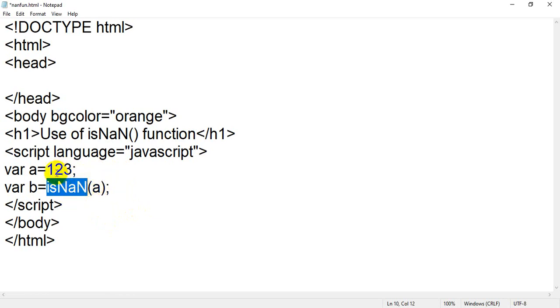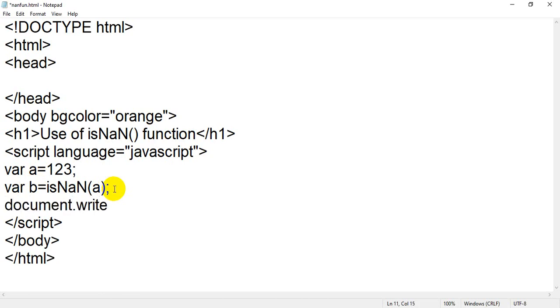So right now we have taken a number, so your output would be false. So I will write document.write, and I will display the value of b. So the value of b could be either true or false, because this function will generate a result, and that result will be in the form of true or false.